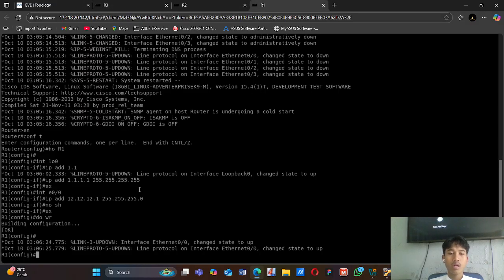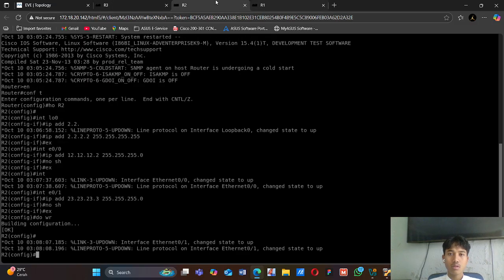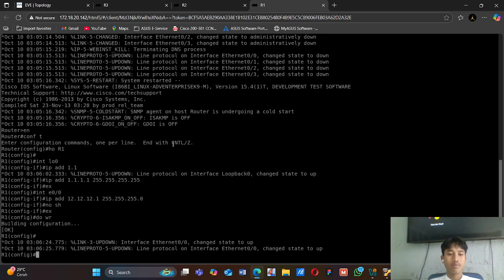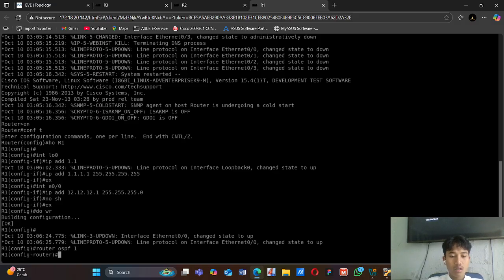So now we will advertise these IP addresses into the routing protocol OSPF. Okay, so you can follow this configuration. We can write router ospf 1, and then we can add a router ID for the OSPF process.